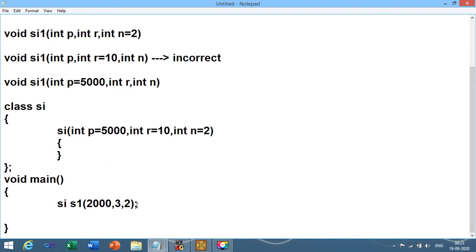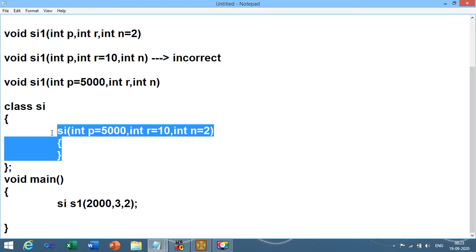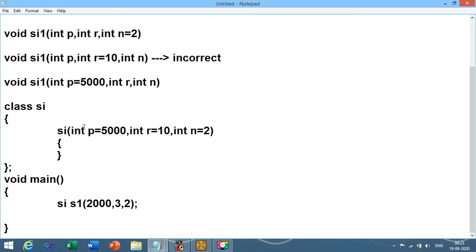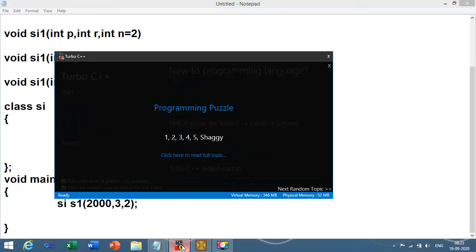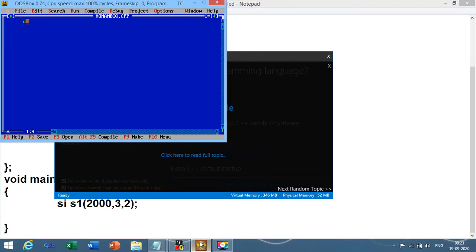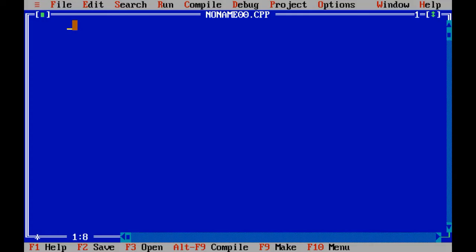But if I am not going to pass any values of the variable, in those cases it will consider the value of the default variable. So let us develop programs which are based on the concept of default argument.